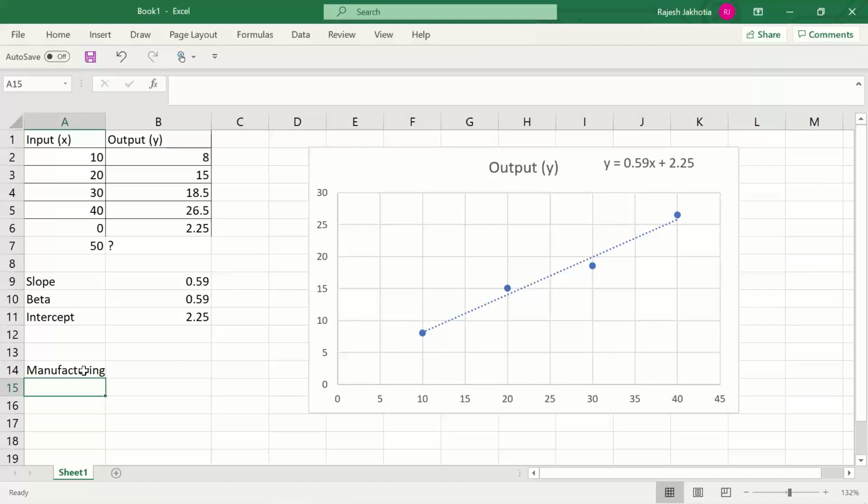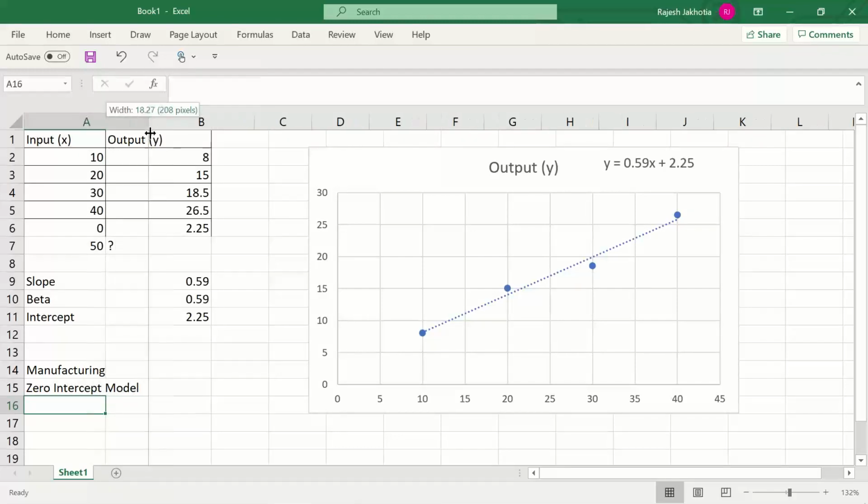In such a scenario, we typically build a model which is called a zero intercept model. In a zero intercept model, the intercept is forced to become 0.